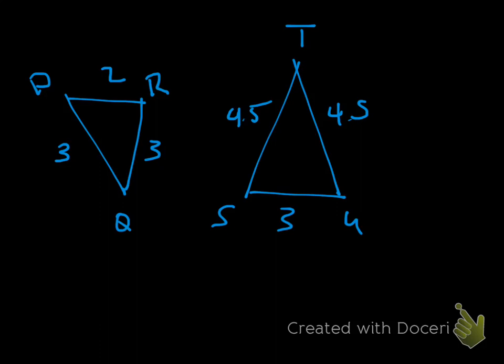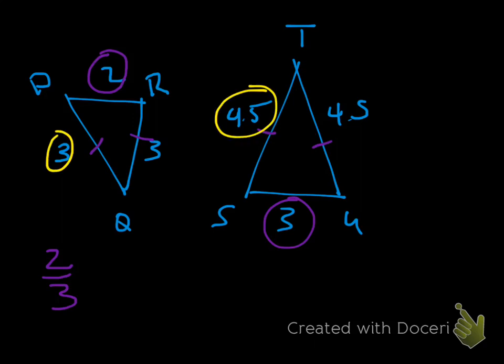You notice that this is an isosceles triangle and this is an isosceles triangle. So obviously the 2 and the 3 correspond. So we're going to do 2 to 3. All right, the other ones are 3 to 4.5, so we're going to compare 3 to 4.5 and 3 to 4.5. Okay, so basically these have all got to be at the same scale factor in order for it to be similar. All right, and if you simplify all these, you get for each one